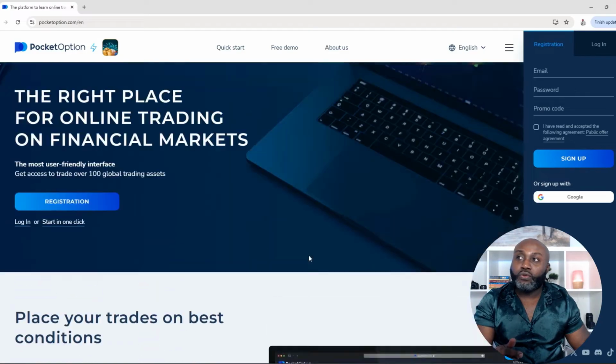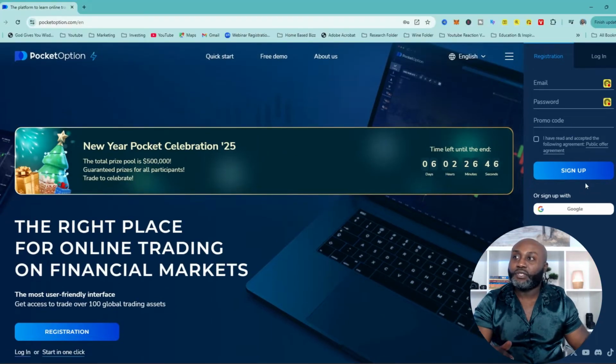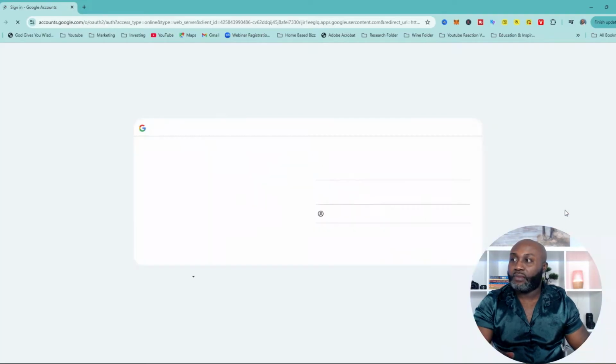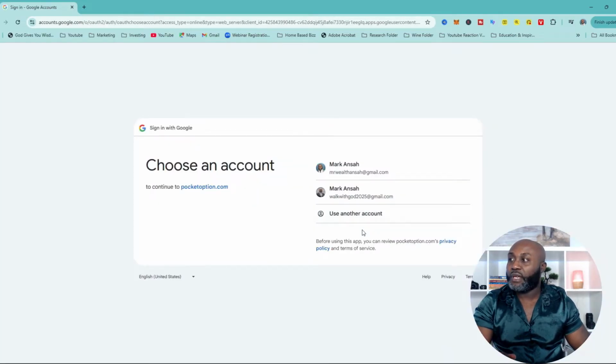Nevertheless, let's go through quickly the website. The very first thing you want to do is register. You could enter your email and password. If you have a promo code, you can enter it as well, but I don't. So I'm going to click Google and I'm going to click an account and we're going to create one. So let me click this one,